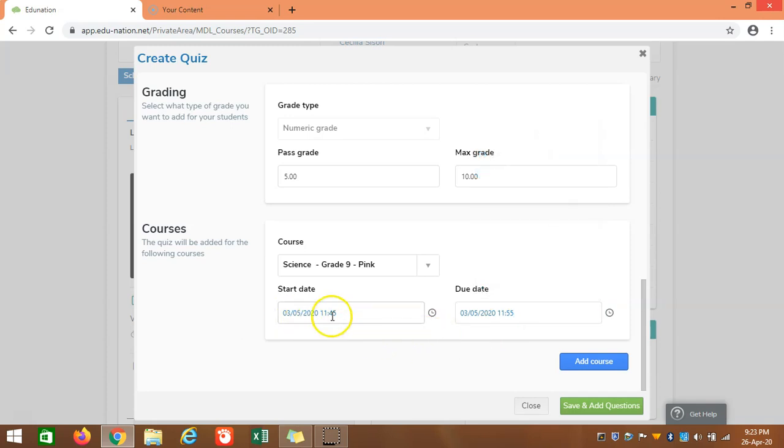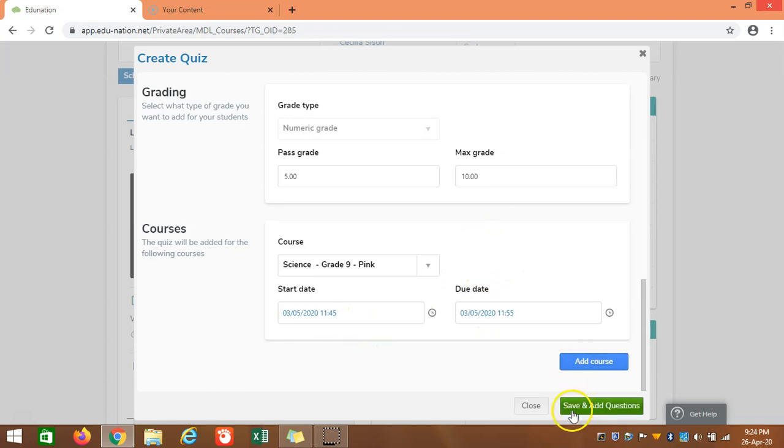Okay. Make sure that you give the same date for the start date and due date, and also give 10 minutes. That will be better, because all the students will do the exam at the same time. Otherwise, you know that they're doing the exam from home. They can cheat from the other students. Like they can ask the other students what the question was. There will be so much malpractice. So it is better to make the start date and due date like this.